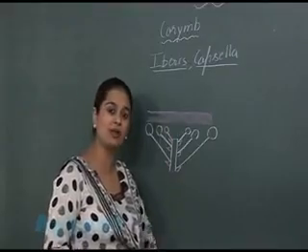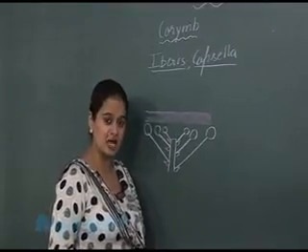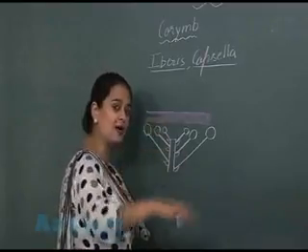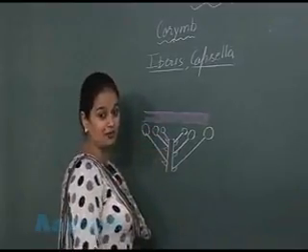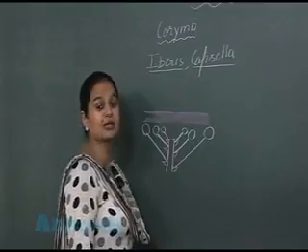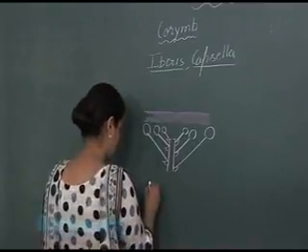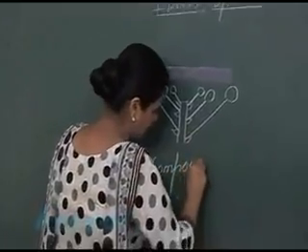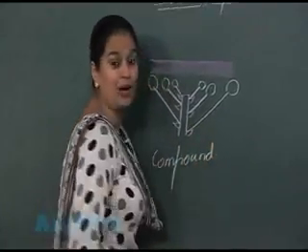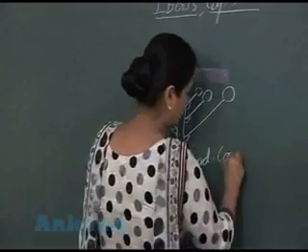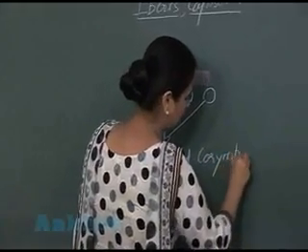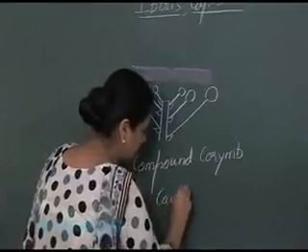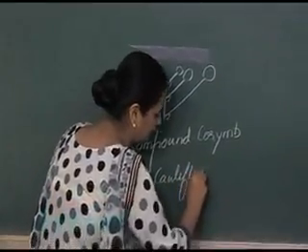In some of the plants, the inflorescence axis shows branching. When the inflorescence is branched, this type of inflorescence is known as compound inflorescence. तो अगर inflorescence axis branched होगा, तो हम कहेंगे इसको compound inflorescence, and here we are talking about the compound corymb. The compound corymb is present in the case of the cauliflower.